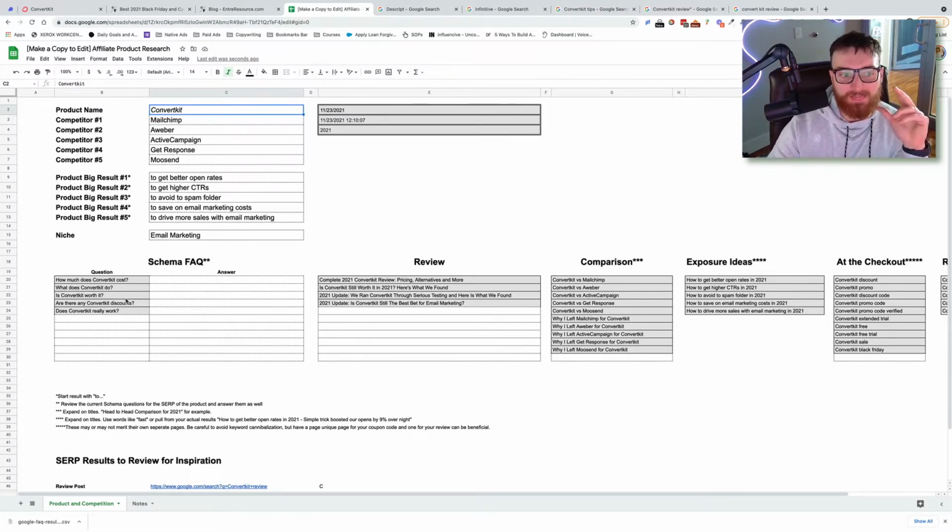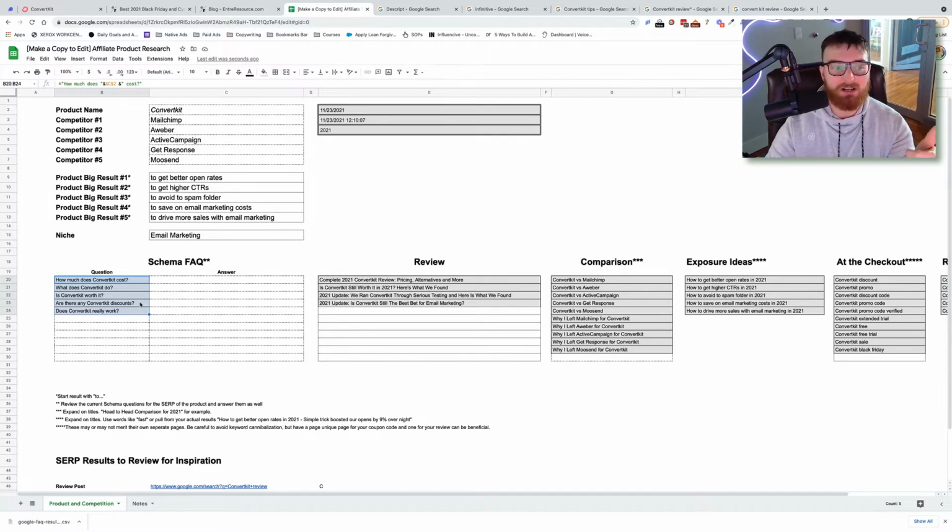But those are going to auto-populate. So these are the 5 schema questions that I see the most on review posts and on affiliate type products. How much does product cost? What does product do? Is product worth it? Are there any product discounts? Does product really work? Those are the basic ones, but I'm going to show you the next step because those